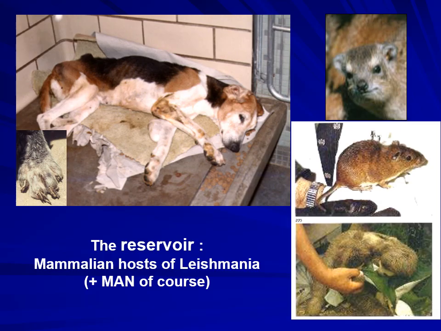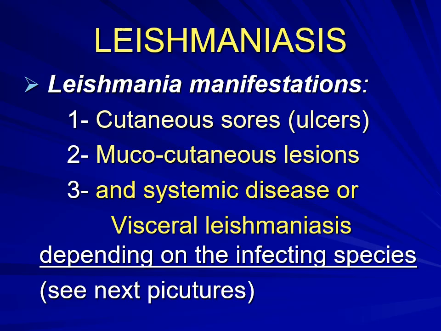Those are the reservoir. The canids, you can see a sick dog in here with large claws, you can see over the left-hand side. And then we have got the rodents. And what I mean here is that it's not only the rats and mice, but other rodent-like species, which we know or we don't know in different geographic areas in the world.